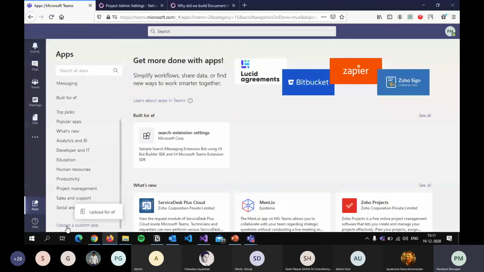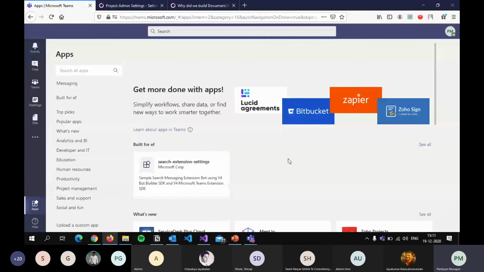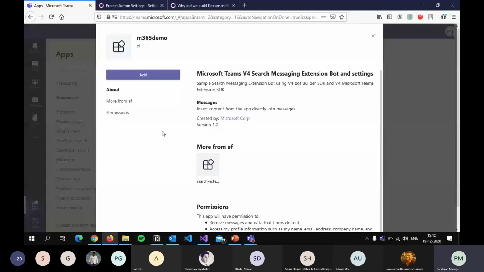I can choose the zip file here, and it is getting uploaded. Once it is uploaded, it will show up here, because EF is something like the organization name I had created for this test environment, and it just got created here. So I'm going to select it and add it to the Teams organization within this organization. So I'm clicking add.